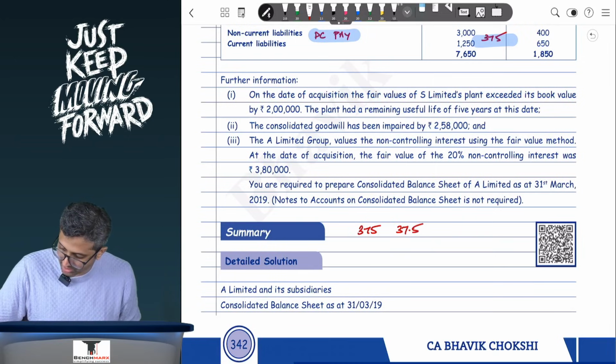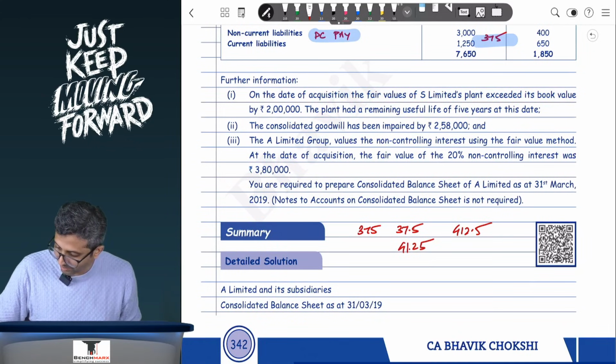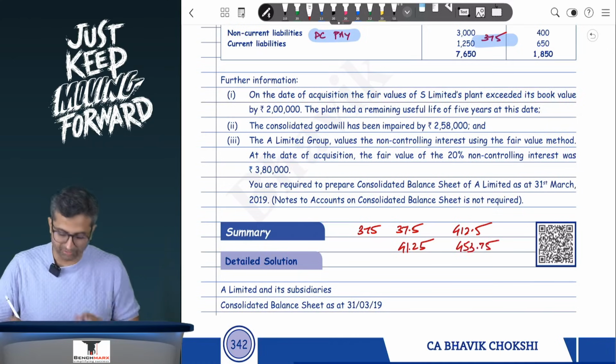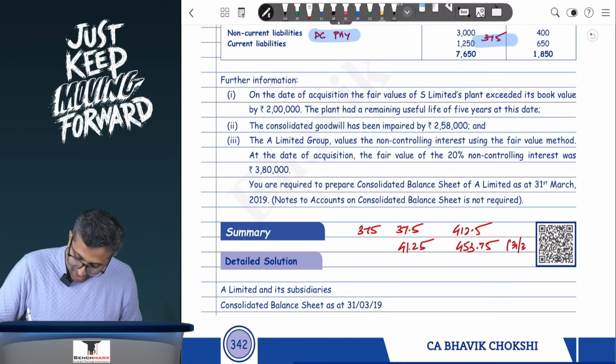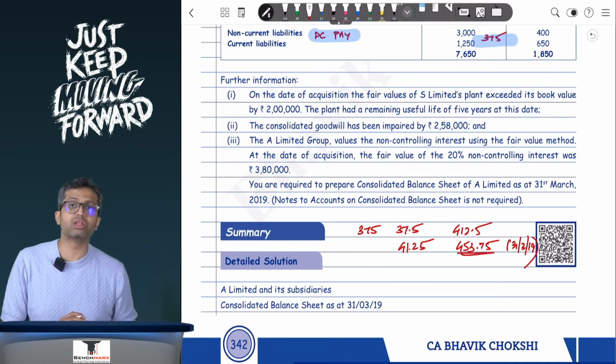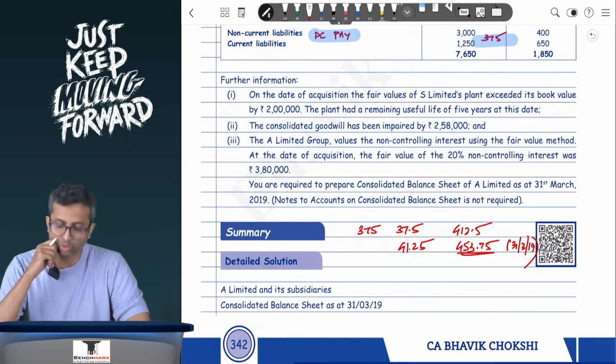So your closing balance would have been, for example, 412.5. On this, again, you would have had a 441.25, and hence this would come to around 453.75. If you go to the third year as well, it will become 500. However, you want to see the balance on 31st March 19. On 31st March 19, the balance would have been 453.75, and as a result,